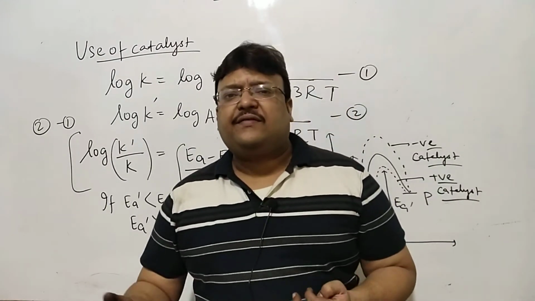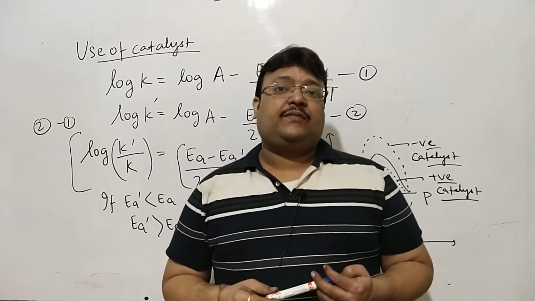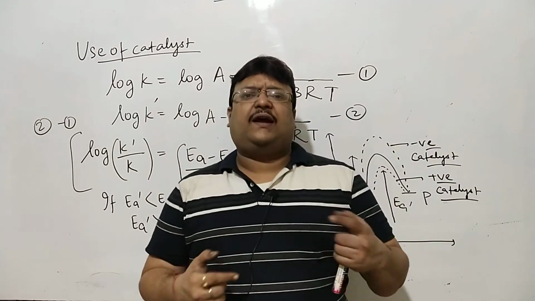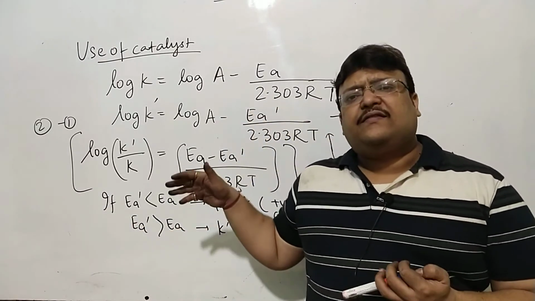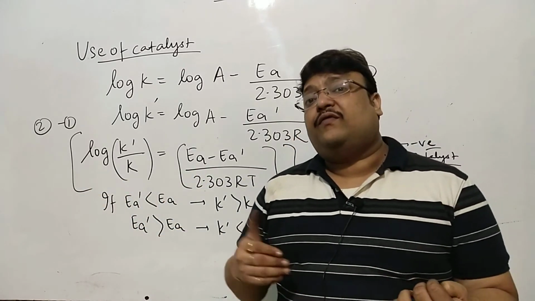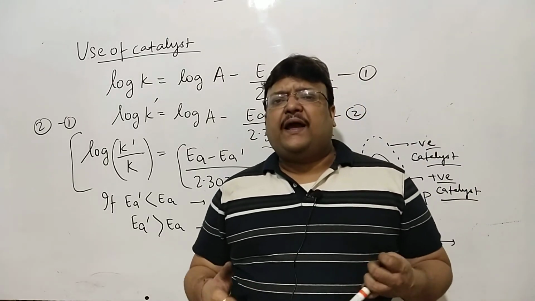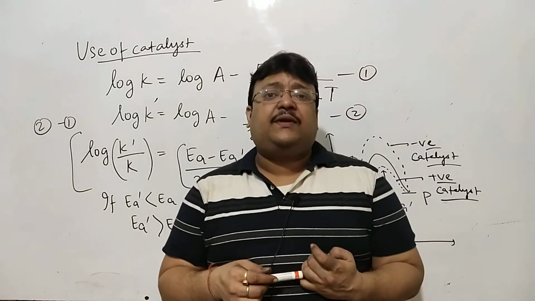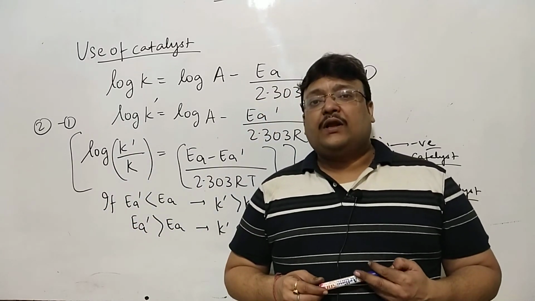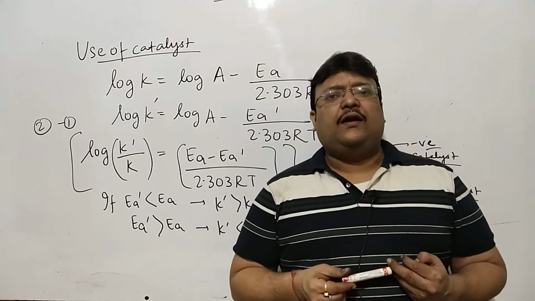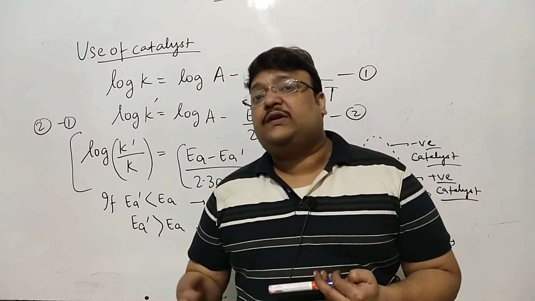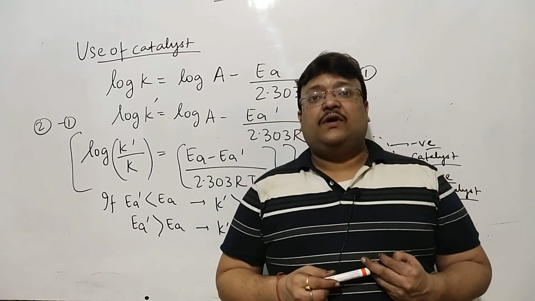And certainly with this understanding, when we approach reversibility, because in equilibrium or in reversibility we are going to talk about a forward and a backward reaction, once you understand the dynamics of a process in one direction, you're going to apply the same to both directions in a reversible reaction, and this much is very crucial for the understanding of reversibility. I hope this video is going to help you in understanding the role of temperature and catalyst, naturally both of which require the Arrhenius equation, affecting the rate of the process.